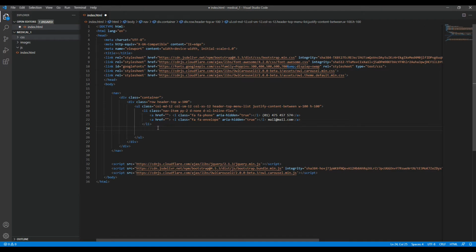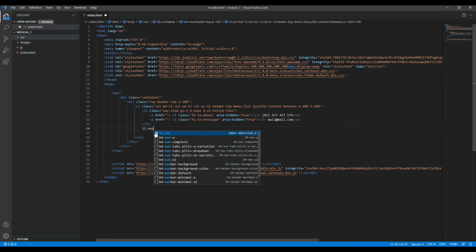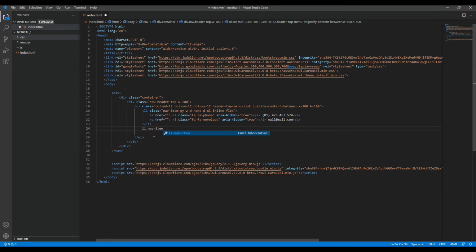So how we do this list. Nav item, flex, going to have justify content between,